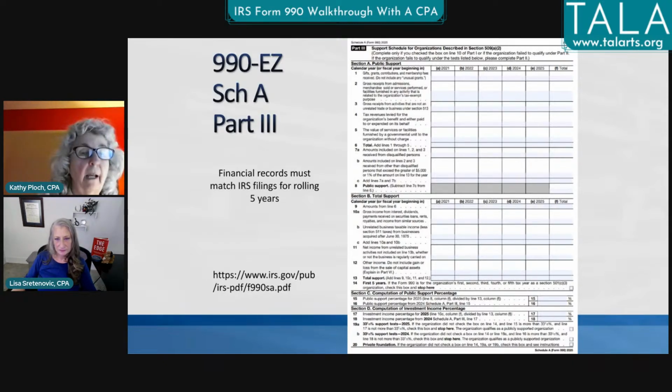Next year, 21 will drop off and 26 will be added. Honestly, it's a little bit easier if you're box number 10 to do Part 3, because you're just listing the gifts, grants, contributions, and your gross receipts from admissions.